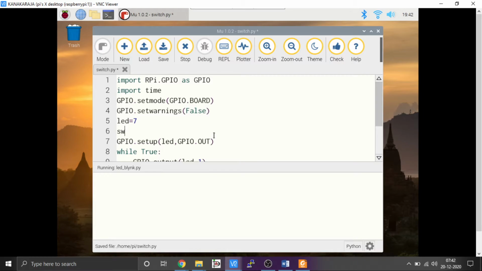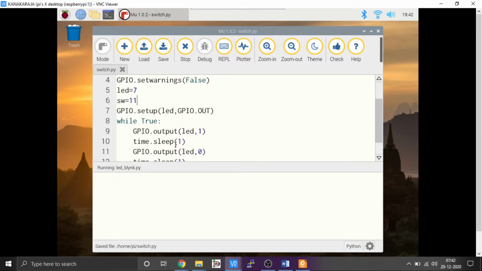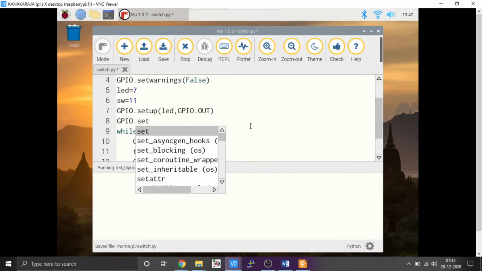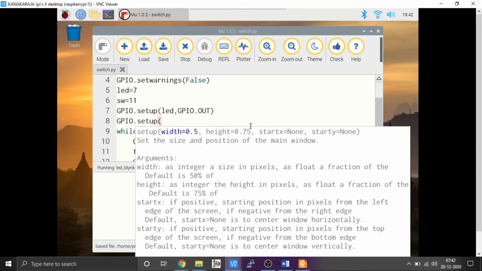You declare switch is equal to, suppose 9, sorry, 11 you take. 9 is ground, 11 I am choosing. Switch number is 11. Now I am declaring here that the switch is an input, right? Switch is input. GPIO dot setup, switch comma, GPIO dot in comma, pull